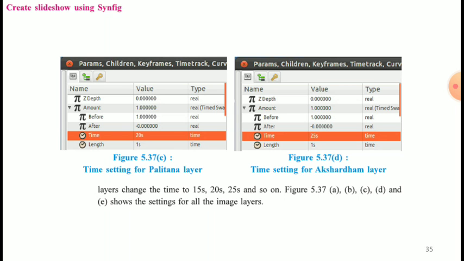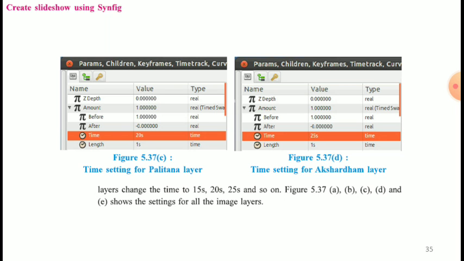Likewise for the next image. Figure 5.37a: time is 10s, length is 1s, before 1, after 0. Next 5.37b: before 1, after 0, time is 15s, length is 1s.